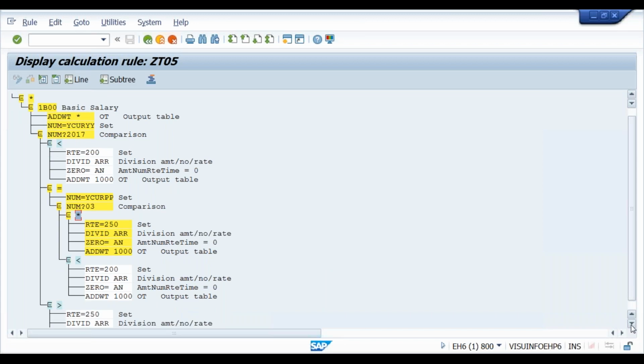You're taking the screenshot, guys, for your practice. Okay, we'll see the next method.